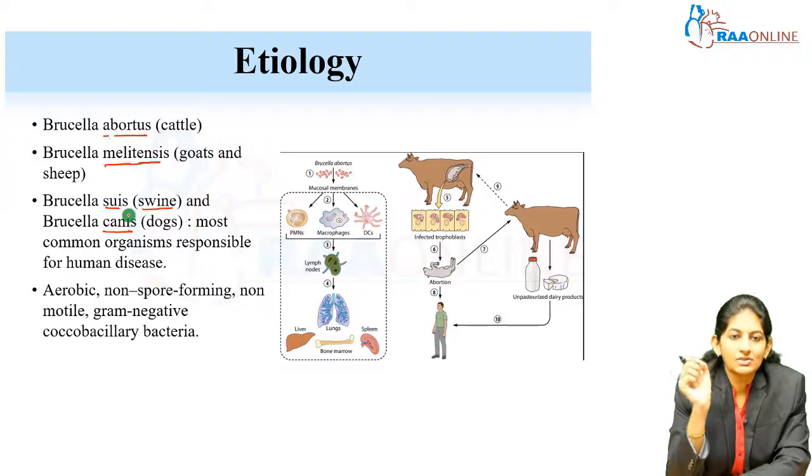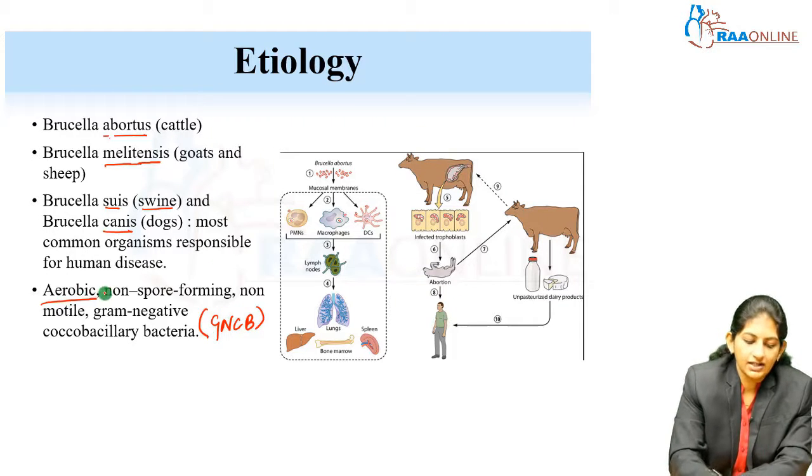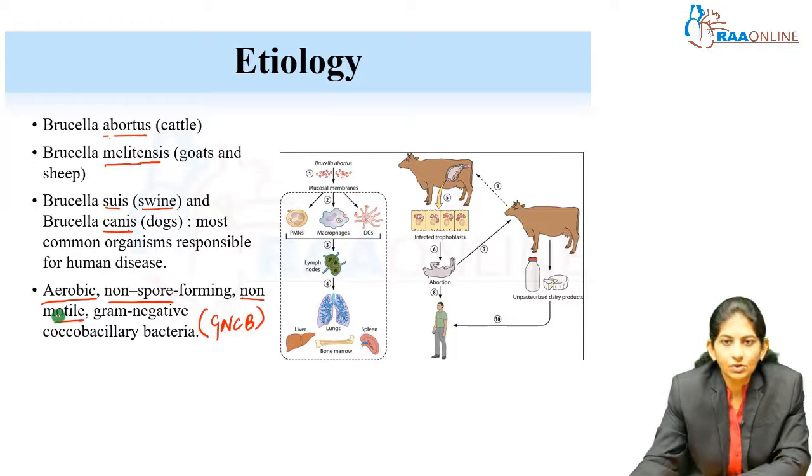Brucella is basically a gram-negative coccobacillus. It is an aerobic, non-spore forming, non-motile organism. This, for example, is Brucella abortus, which is predominantly seen in cattle. When a human consumes unpasteurized dairy products or undercooked meat, that is undercooked cattle meat containing the Brucella species, especially the infected undercooked meat,